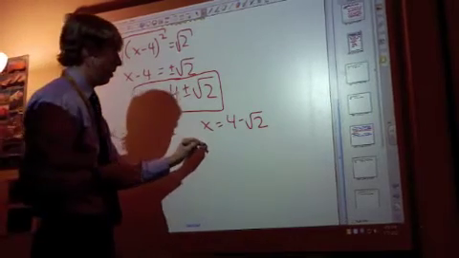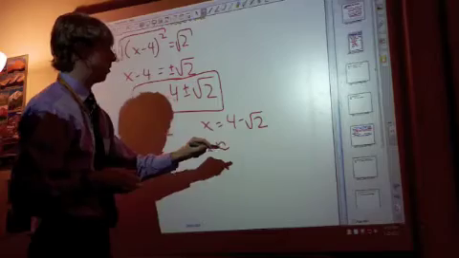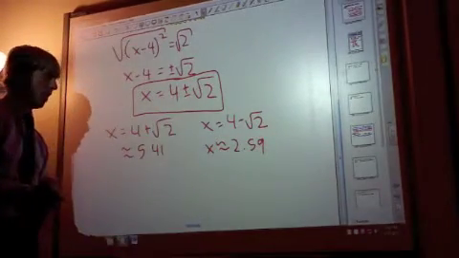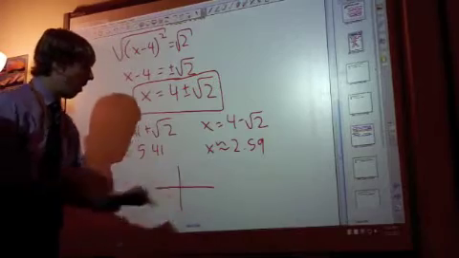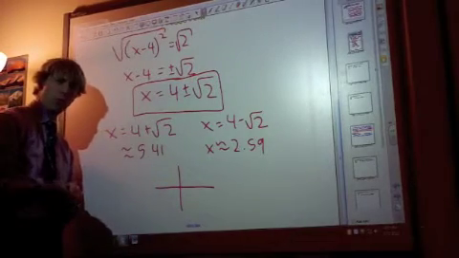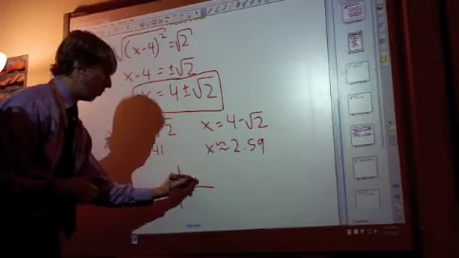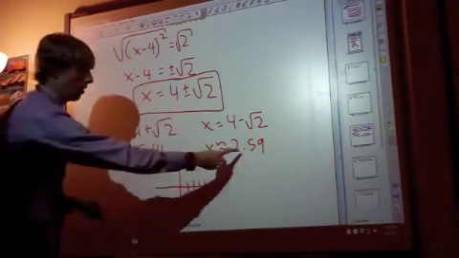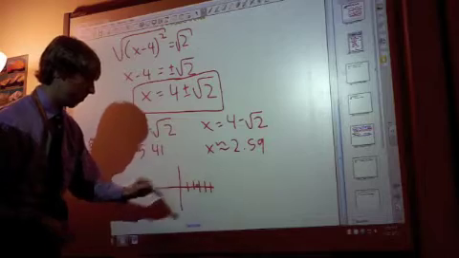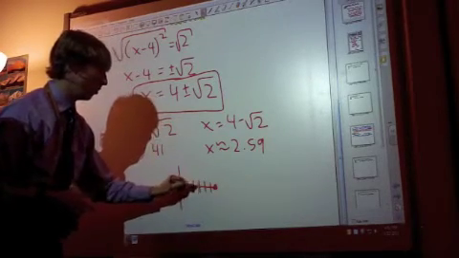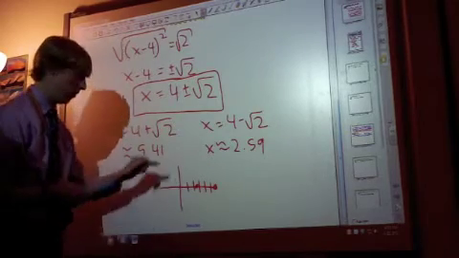And then this one would be, x is about 2.59. And all this means when you're trying to find a root of a parabola or a quadratic is it's saying at 2.59 and at 5.41, those are your roots, or your x-intercepts, or your zeros